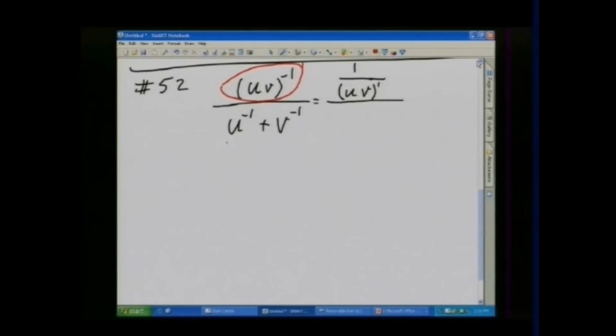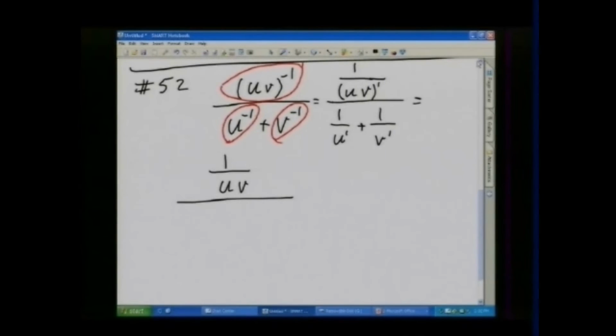And then u to the minus 1 would be 1 over u to the 1, and v to the minus 1 would be 1 over v to 1. Let me write this a little cleaner. So the numerator, you have 1 over uv, and denominator is 1 over u plus 1 over v, equal to,